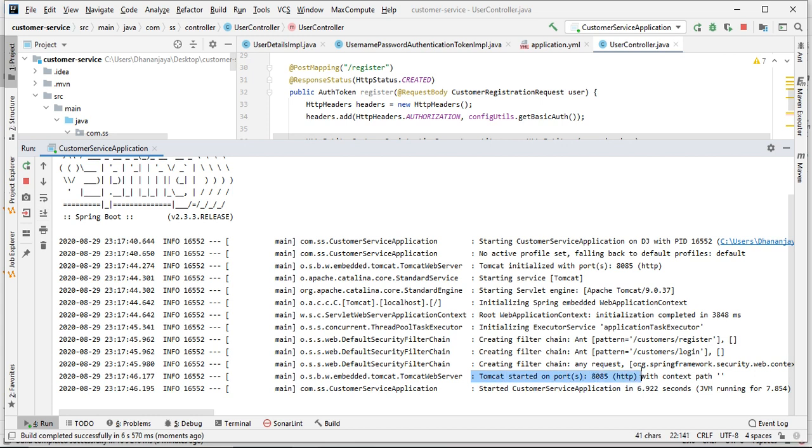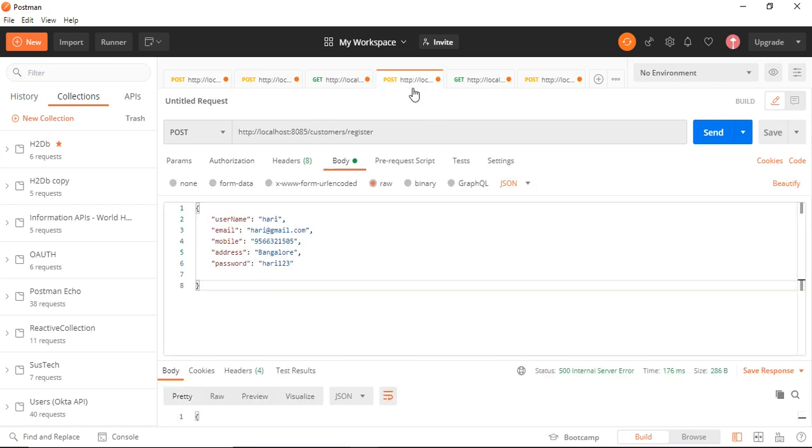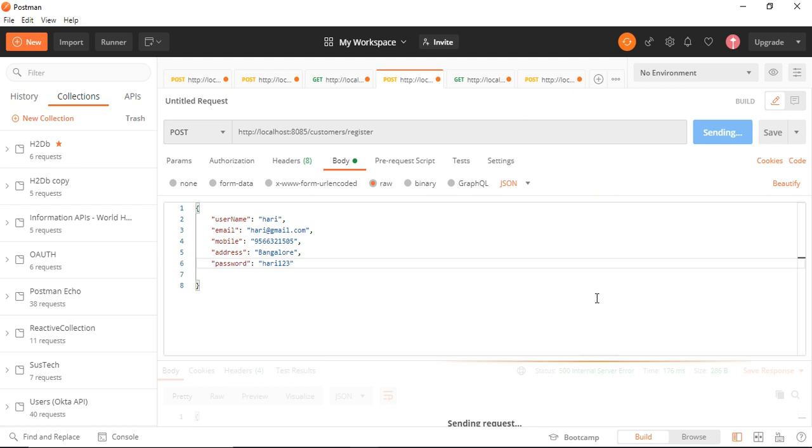Yeah. Tomcat started on port 8085, and the auth service is started on port 8080. Both the services are up now. So let me go to the register method. If you see here, I am calling the 8085 customer slash register method. Let me call that method.